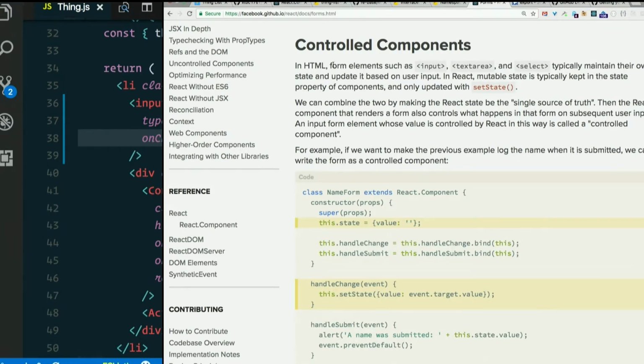In HTML, form elements such as input, text area and select typically maintain their own state and update it based on user input. In React, mutable state is typically kept in the state property of components and only updated with set state. We can combine the two by making the React state be the single source of truth. Then the React component that renders a form also controls what happens in that form on subsequent user input. So that's a little complicated, but the point is,